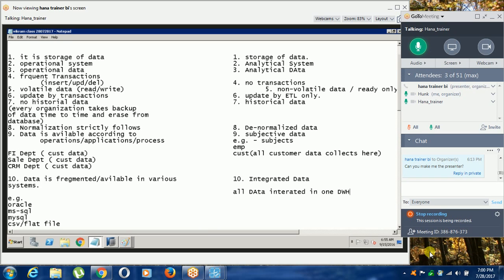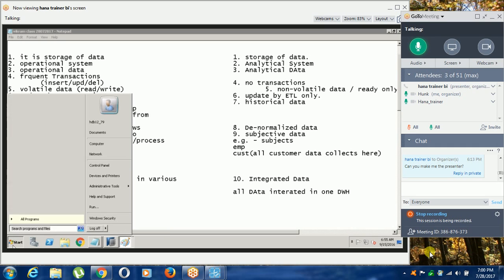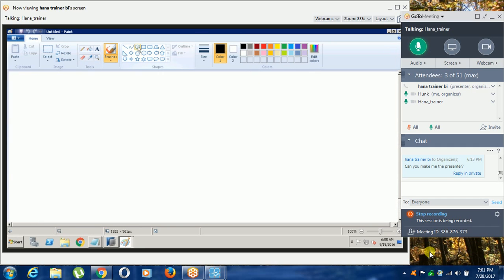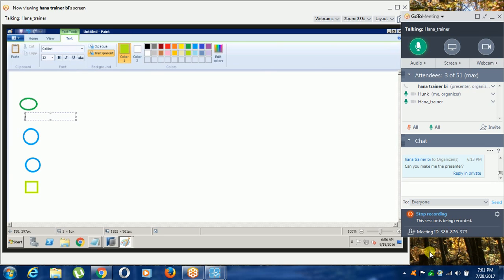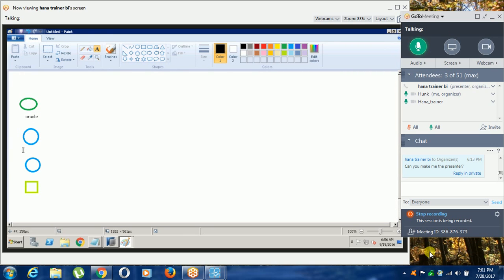It means integrated data means suppose I have one data in Oracle, and I have one data in SQL, and I have one data in MySQL, and I have one data in a CSV file. Suppose this is Oracle, this is MS SQL,